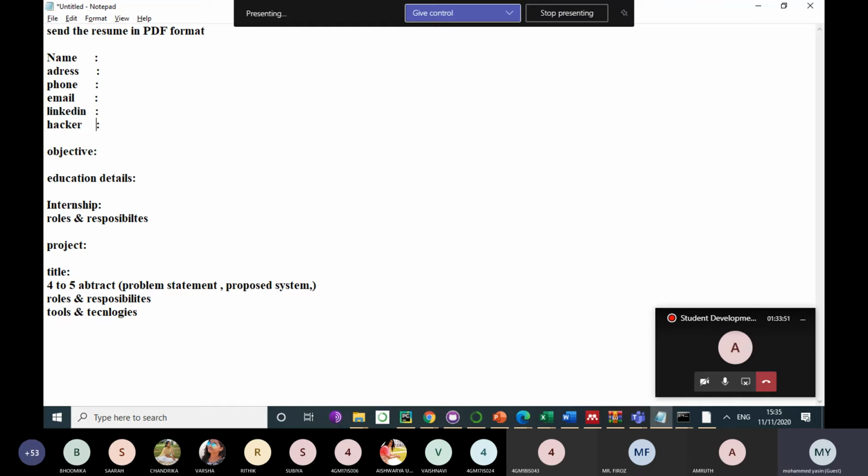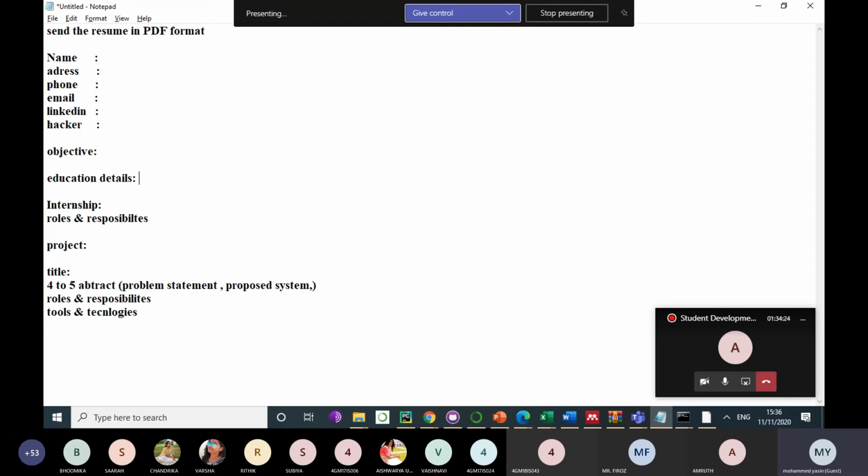When it comes to aggregate, I want to tell people: for those who have good aggregates, it's always good. For those who don't have aggregates, it doesn't really matter. Whether you have an aggregate or not, the only thing that matters is your skills. If you have good skills and a good understanding of the technicalities for the roles the company is looking for, they will hire you for sure.